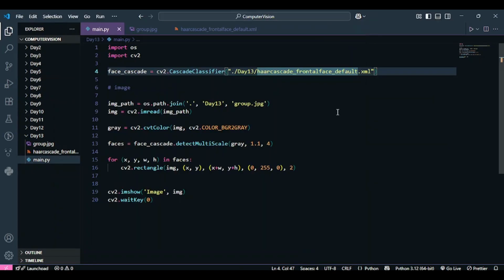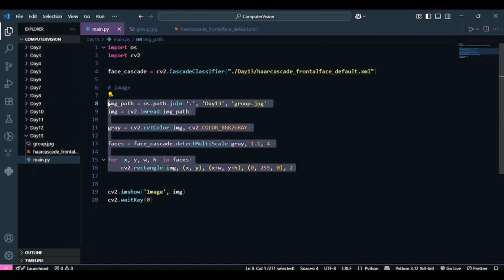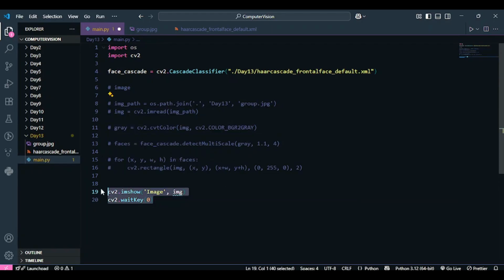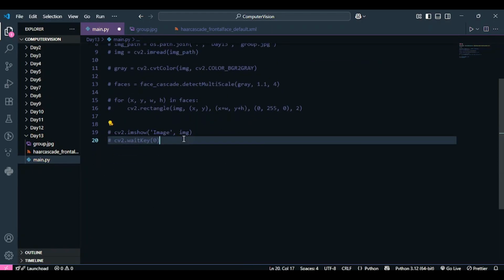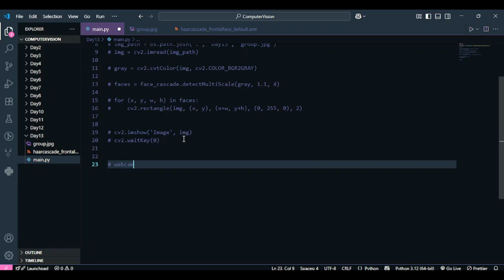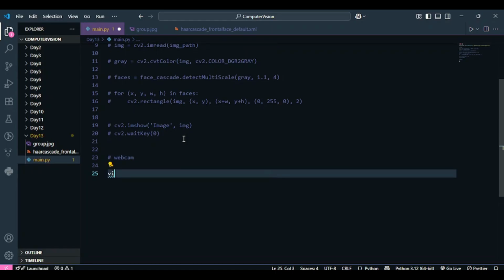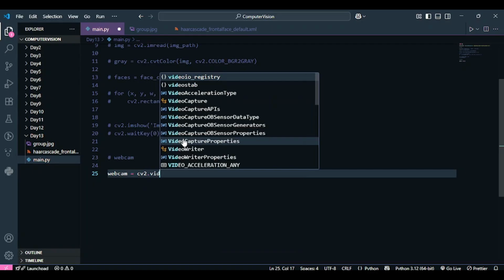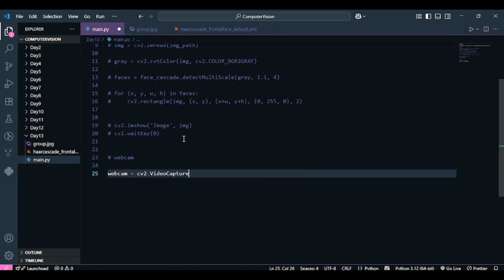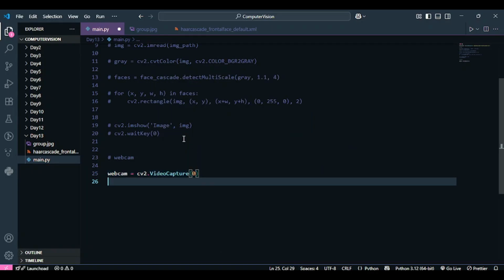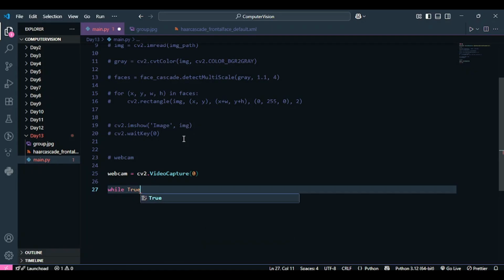Now that we have written the code on how to detect the faces on an image, we will see how we can modify the same code to detect the faces on a webcam. So I am going to comment out this code for now, and this as well, and I'm going to start writing my new code over here, but this time it's going to be for a webcam. So the first thing that I have to do is to read my webcam, so that is exactly what I'm going to do. So I'm going to use my video capture function, pass 0 over here, then a while True loop,